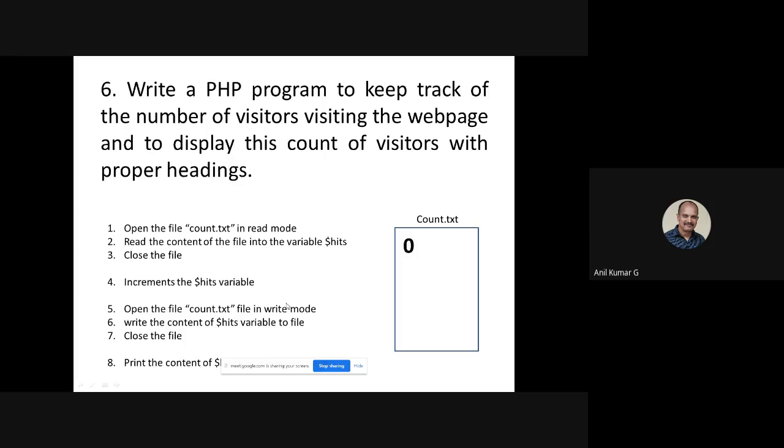Today we are going to discuss program number 6. First we will see the program statement. Write a program in PHP to keep track of number of visitors visiting the web page and to display this count of visitors with proper headings. Okay, so probably you have seen the web pages where every web page will keep the visitors count